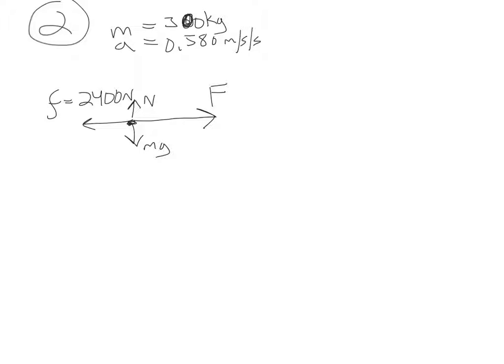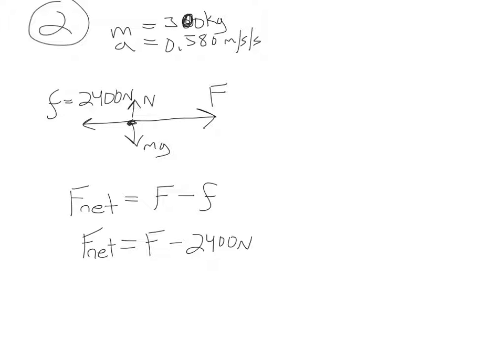The process is the same, though. I have my free body diagram. So my net force, in this case, would be whatever force I'm pushing with, minus the force of friction. So that would be whatever force I'm pushing with minus 2,400 newtons. Now I can't get much farther than that because I don't know what the actual net force is. That's okay. Third step, apply Newton's second law. So net force is equal to mass times acceleration. That's the same net force that we figured out over here. So the applied force minus 2,400 newtons, because that was the net force I found over here, is equal to